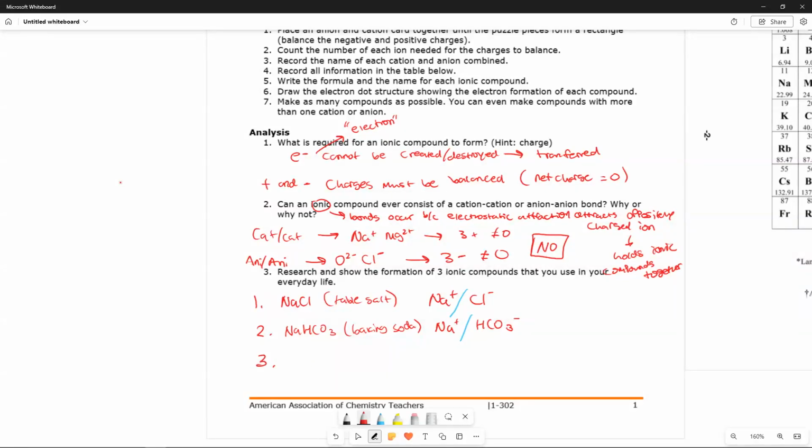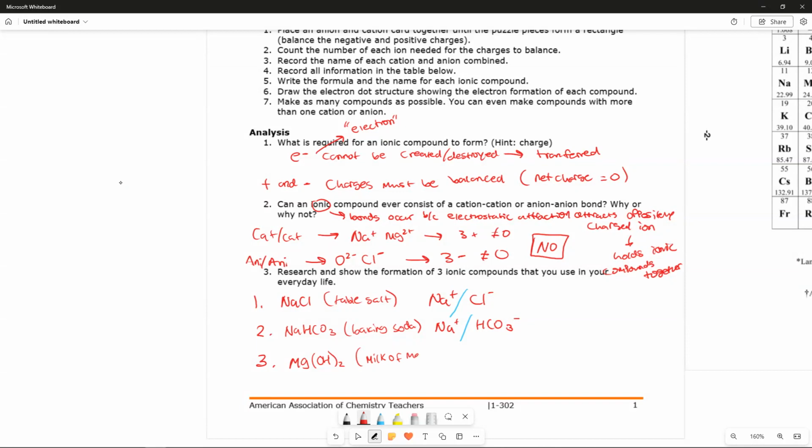Last one being, let's see, something not sodium. Magnesium hydroxide. Let's do magnesium hydroxide. Mg(OH)2. This is magnesium hydroxide. So milk